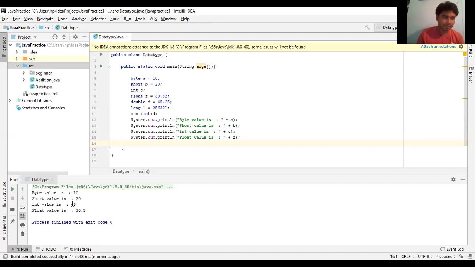See, the int value is 45. That means we lose that 0.25 value. Okay, so it is quite dangerous while implementing the type conversion. If it is necessary, then we have to use it. Suppose without using this int,